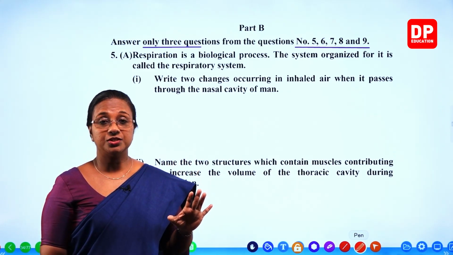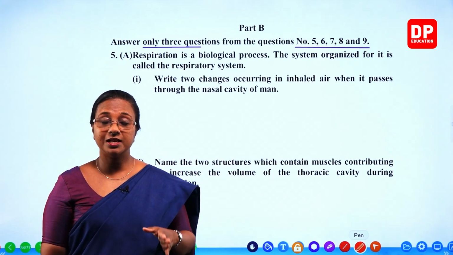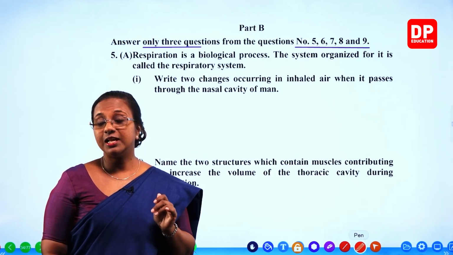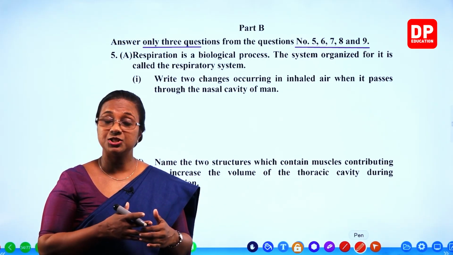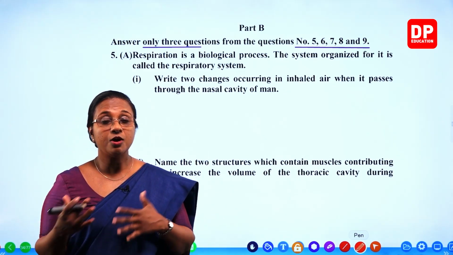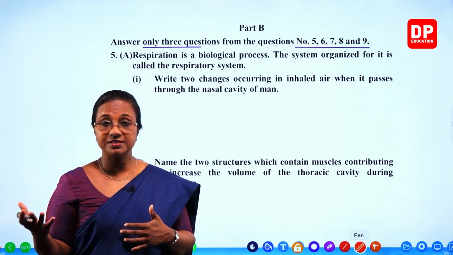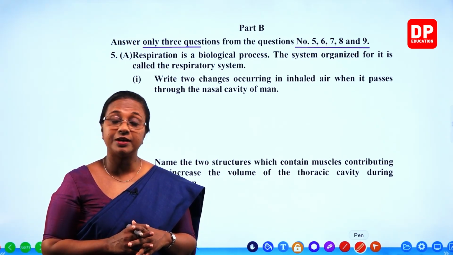And of these questions, there will be one related to biology lessons, one related to chemistry, and another related to physics. And the last 2 questions will be a combination of different lessons. Maybe biology, chemistry and physics, or biology and physics, or biology and chemistry. So, like that, you will get different questions.